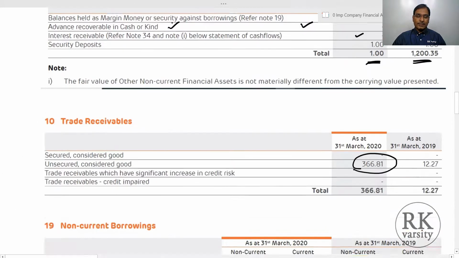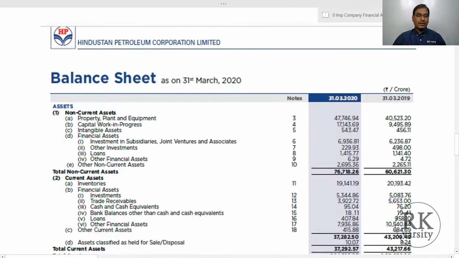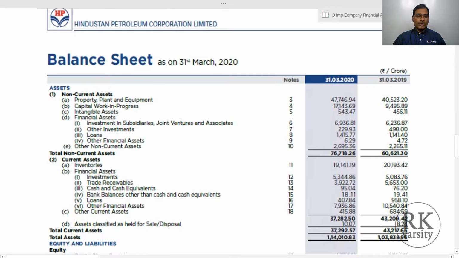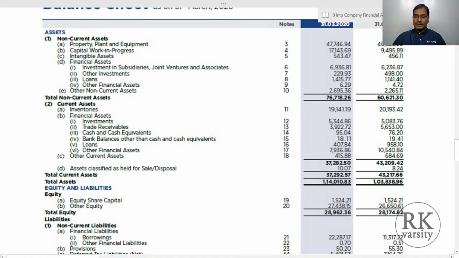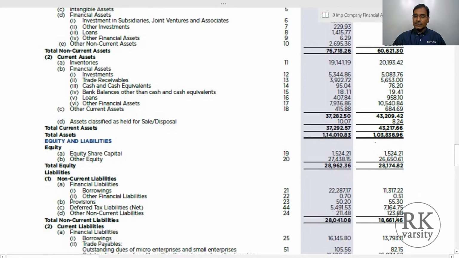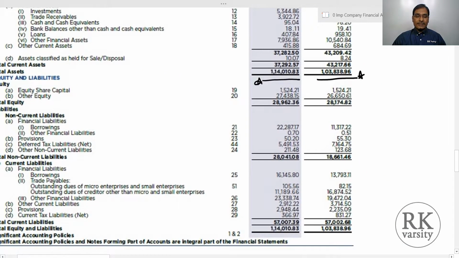And the second company that I preferred is Hindustan Petroleum Corporation Limited. This is a public sector company in the country, which is also called one of the Navaratnas and a very reputed company in India. If you look at the total assets of this company, it is sitting on total assets of 1,03,000 crores in 2019 and 1,14,000 crores in 2020. By looking at the kind of assets a company has got, we can say how huge or how big the company is. Now, we calculate the debt ratio for this.